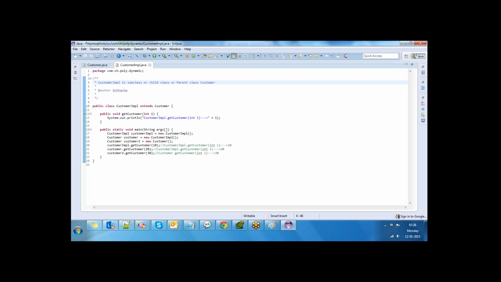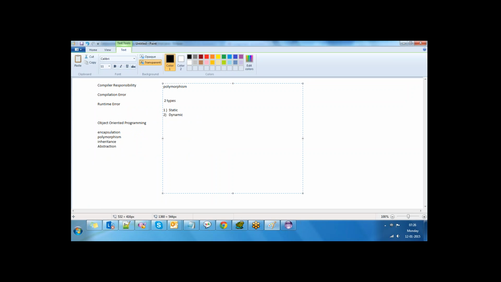Dynamic polymorphism is implemented using method overriding.